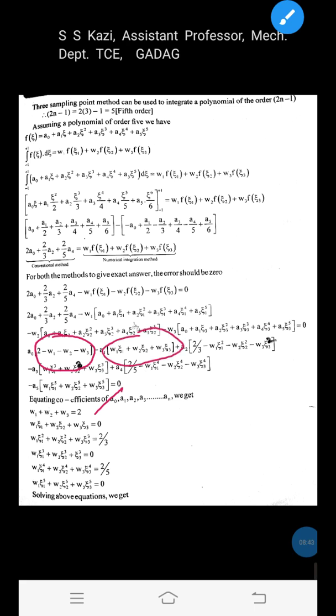Coefficient of a1 is w1 zeta 1 plus w2 zeta 2 plus w3 zeta 3 equated to 0. Coefficient of a2, 2 by 3 minus w1 zeta 1 square minus w2 zeta 2 square minus w3 zeta 3 square, can be written as w1 zeta 1 square plus w2 zeta 2 square plus w3 zeta 3 square is equal to 2 by 3. Next, coefficient of a3 is w1 zeta 1 cube plus w2 zeta 2 cube plus w3